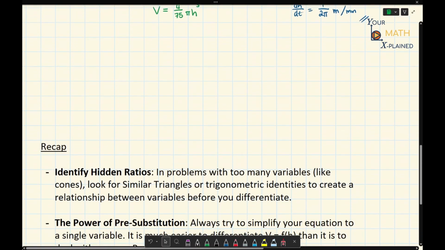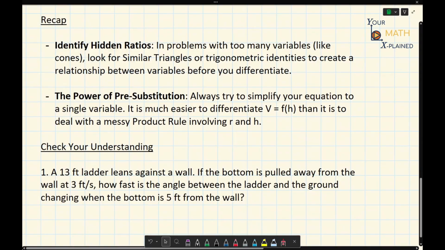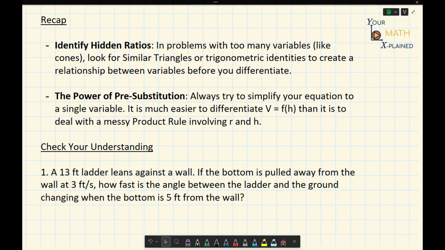And now let's do a quick recap of what we covered in this video. We saw how in both of these problems, we had too many variables to start, but we used similar triangles to create a relationship between them before we started differentiating. And you can use other tricks like trigonometric identities to do that as well. And then in our second example, we saw the power of pre-substitution, which was used to simplify our equation into a single variable,